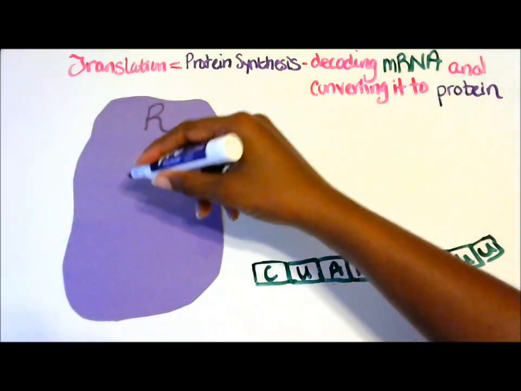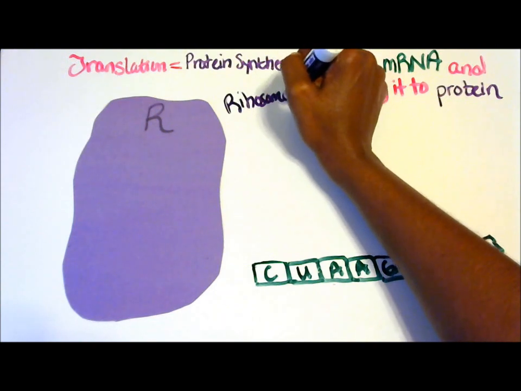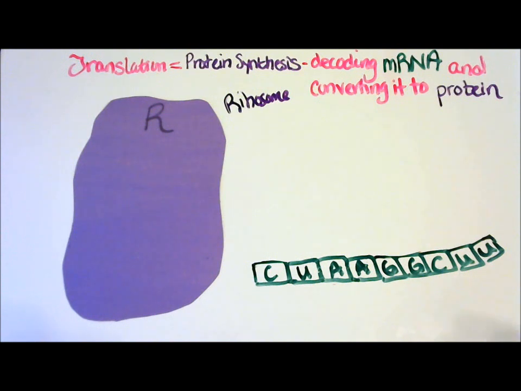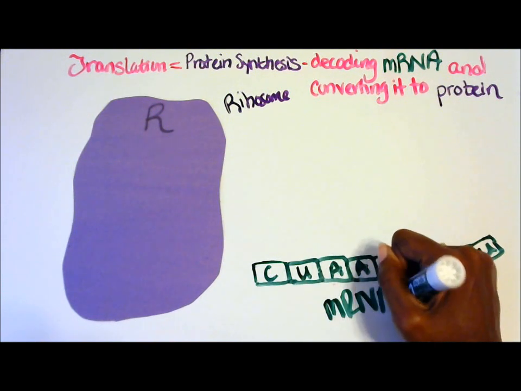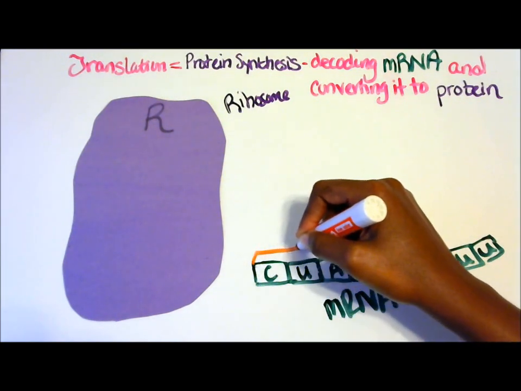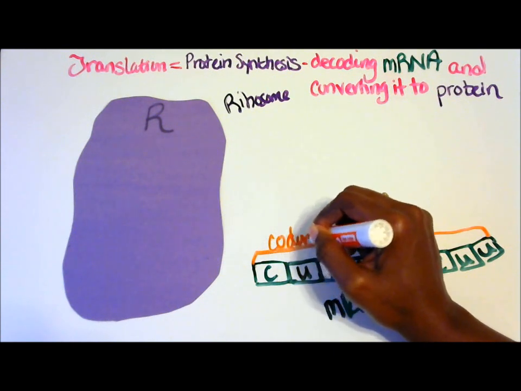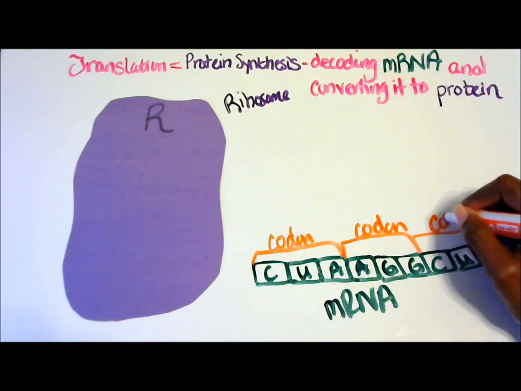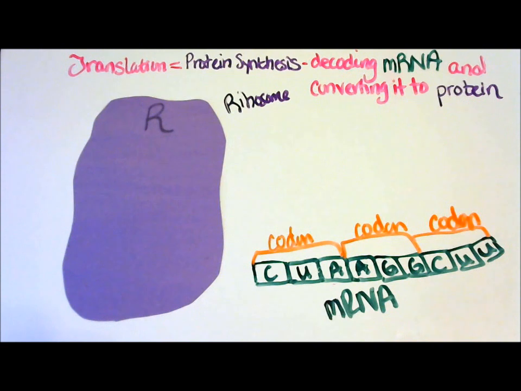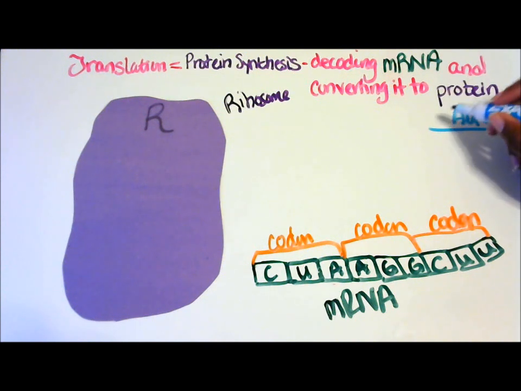Okay, translation. We have our ribosome. It is the site of protein synthesis. We have our messenger RNA. Our messenger RNA has codons. Our start codon is AUG. Our end